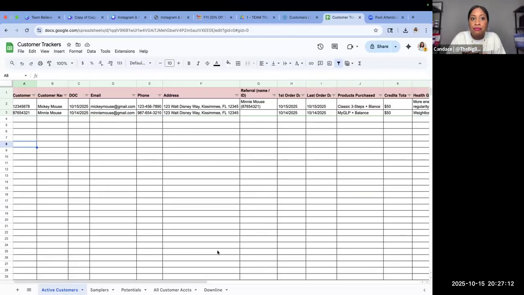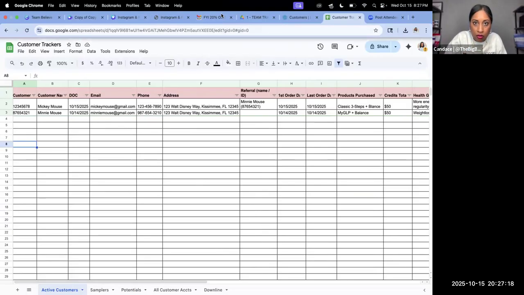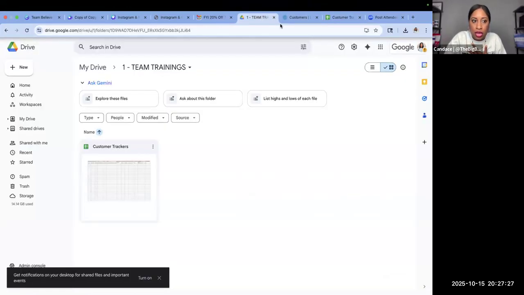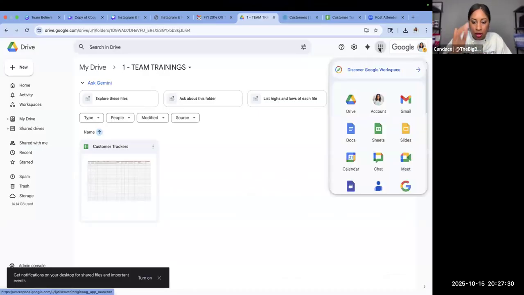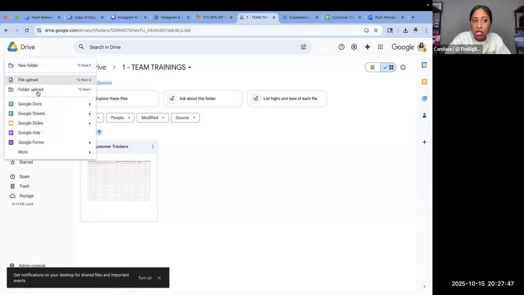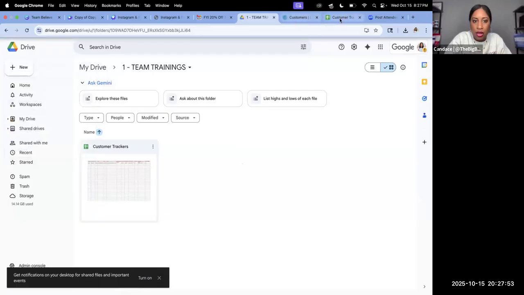So I go to my Google Drive and I'm able to create a sheet. If you're not really sure what I'm talking about when I say my Google Drive, for example, if you have a Gmail email address and you log in on a computer or your phone, you click on the little 9-box grid over there and you can go over here to Drive. When you open your Drive, it'll open up to something that looks like this. You hit your new button and you can create folders, your Google Docs, your Google Sheets, your forms, all those good things. So this tracker that I have set up is in